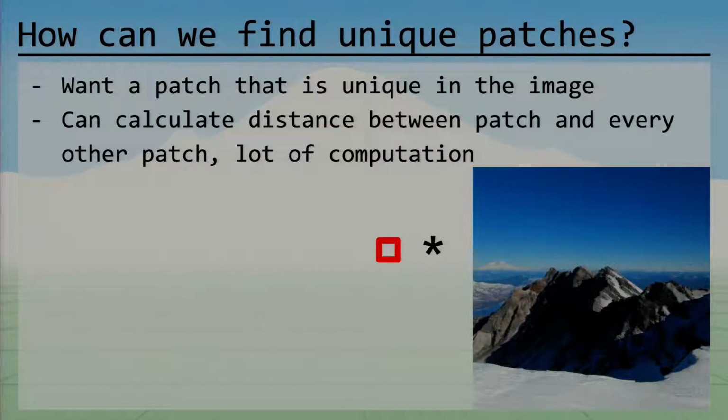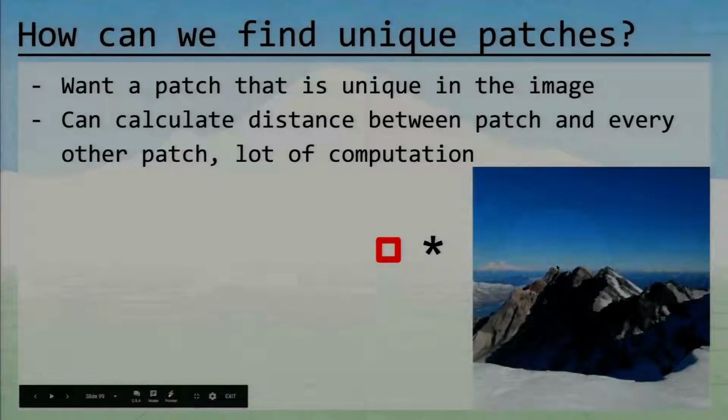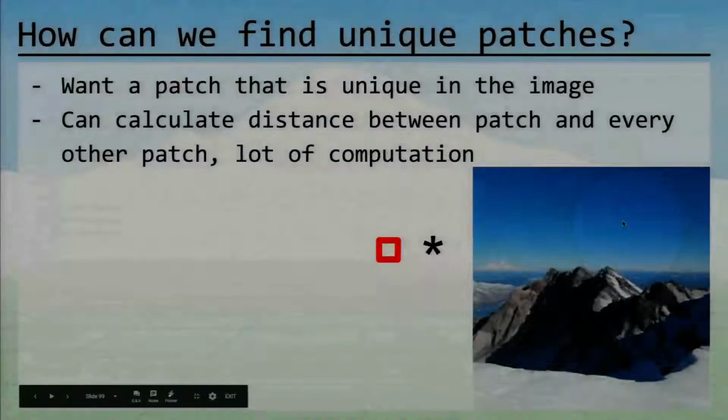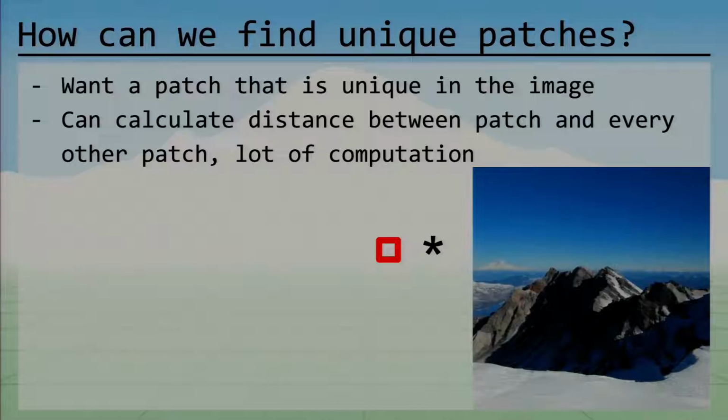And our hope is if we find a patch in this image and it's different from all of the other patches in that image, hopefully that means that it will also be different from other patches in other images. So basically, if we find a patch that's unique in this image, maybe there's some hope that it'll be globally unique in terms of other images as well. And that would be a good thing. So that's the thing that we really care about, is finding globally unique patches. But we've already started basically saying, OK, maybe we'll just approximate that and find patches that are unique just to our